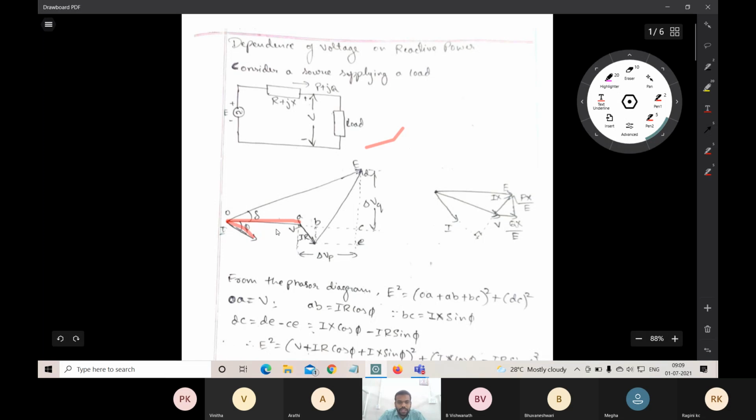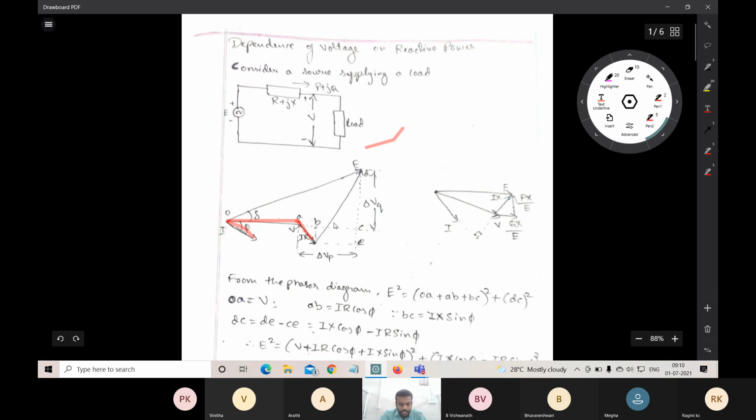The next step for drawing the phasor diagram is that we have to add the resistive load to the inductive load. By adding, we need to consider the voltage drop. The voltage drop is nothing but I into the resistive load. Take a parallel line along this, the same parallel line we have drawn here. So this is our voltage drop, the IR drop. IR is called the voltage drop. Then we need to draw a line at 90 degrees with respect to this line.